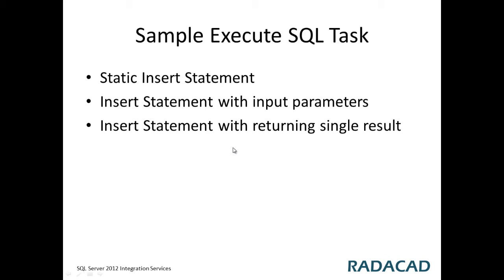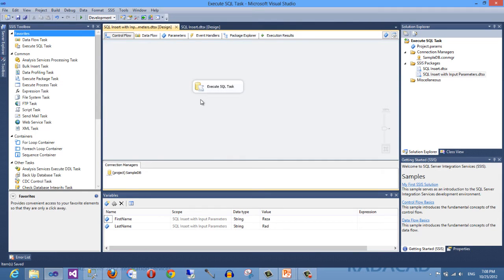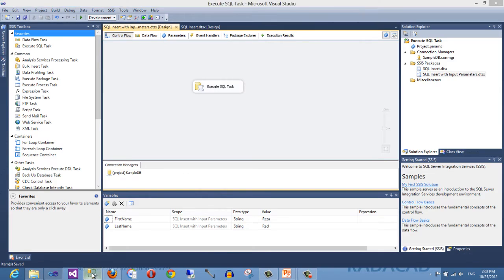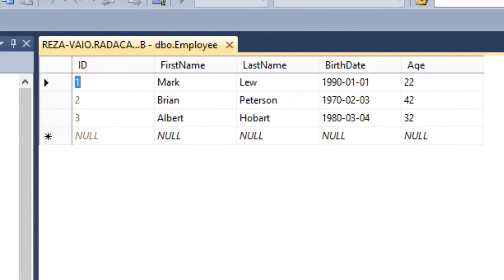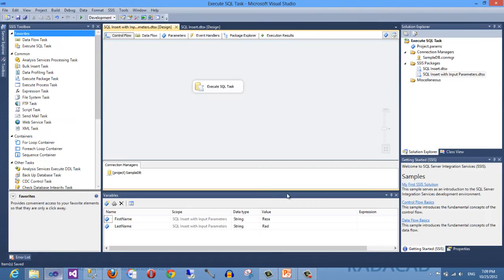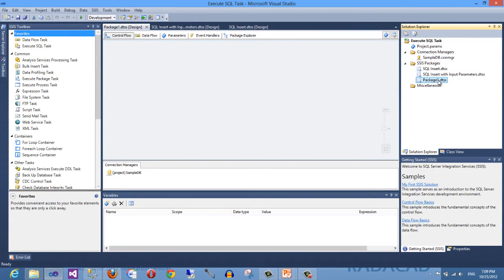Now we can talk about how to insert a statement and return some result. We might want to return a result from our query. For example, we want to get this ID. Let me just remove this again. When we insert the record, we want to get the ID for using somewhere. So I go here, create a new SSIS package,